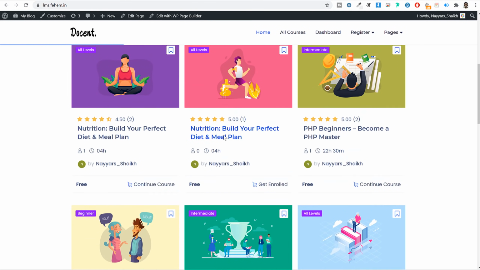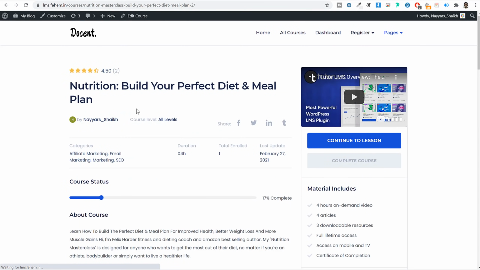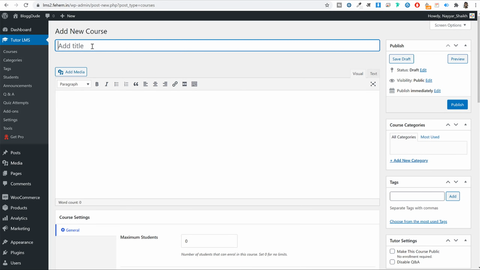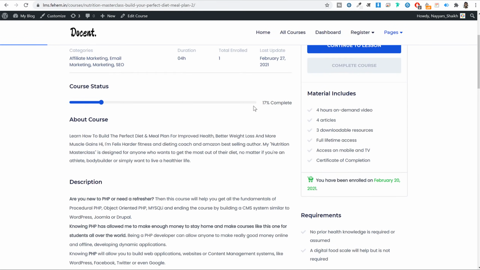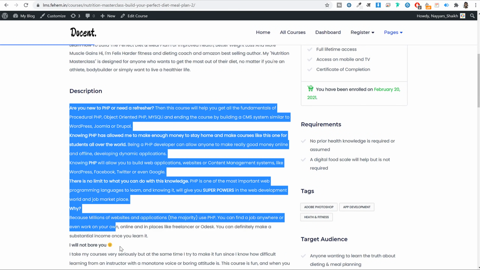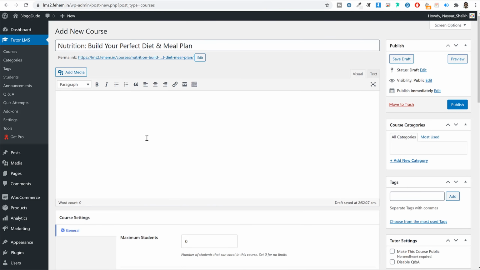Let me do one thing, let me actually open a course, a single course page from here, so that we can just copy and paste all the details. We don't have to waste a lot of time over here. Now this is the title of this course, so I'll copy this title, and you have to enter your course title over here. So simply type in or paste in your course title. Then after that, you have to enter your description. Now if you scroll down, this is the description, as you can see under this description heading. So whatever you want to type in under description, you can copy. You can come over here, paste in.